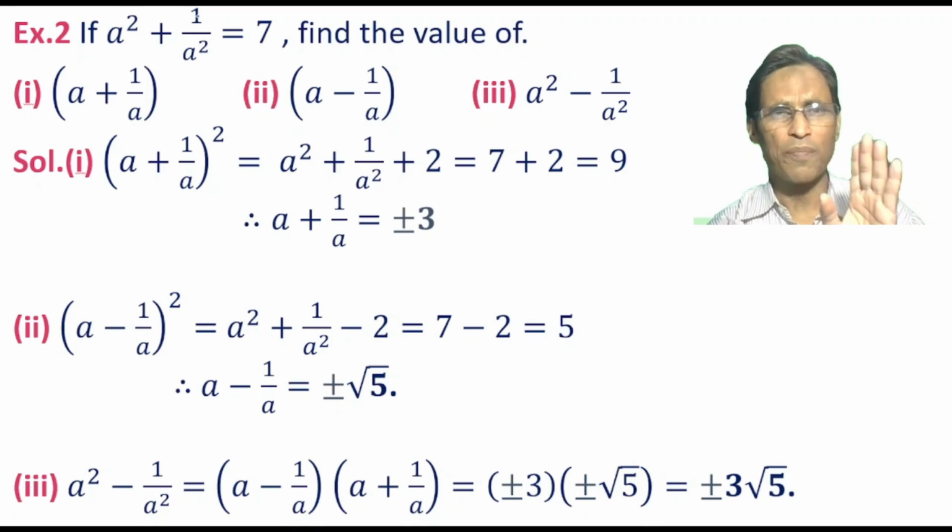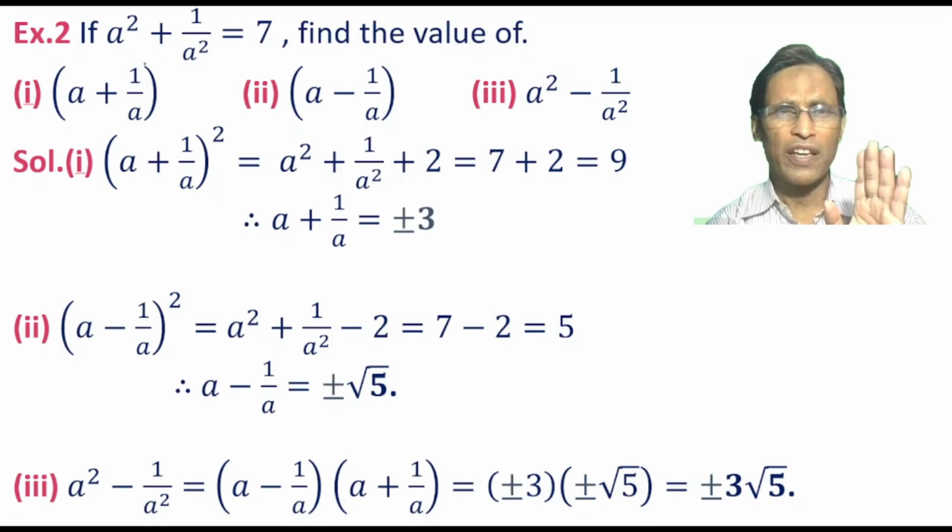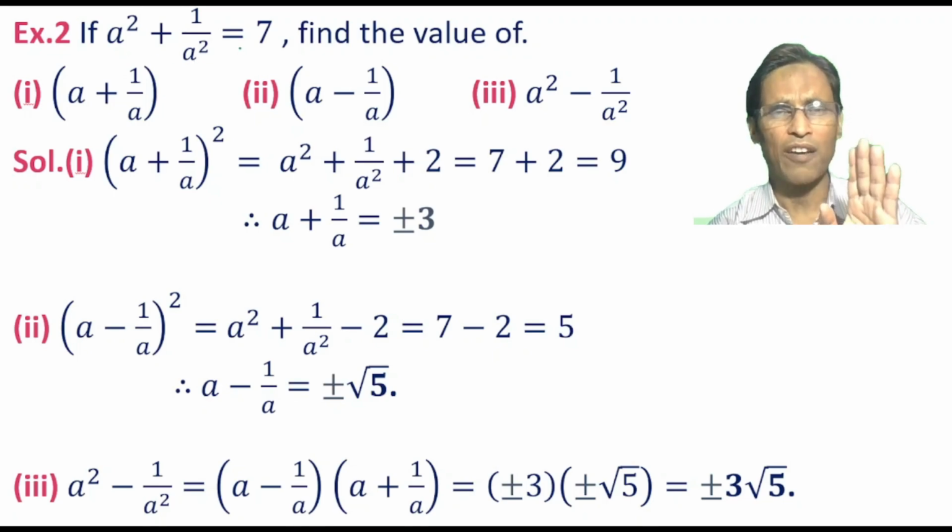If a square plus 1 by a square equal to 7, find the value of। यहाँ ये इंफॉर्मेशन दिया हुआ है कि a स्क्वायर प्लस 1 बाई a स्क्वायर का वैल्यू 7 हो रहा है। तो फिर इसके हेल्प से हमें फाइंड आउट करना है पार्ट 1 में a प्लस 1 बाई a का वैल्यू, पार्ट 2 में a माइनस 1 बाई a का वैल्यू और पार्ट 3 में a स्क्वायर माइनस 1 बाई a स्क्वायर का वैल्यू।